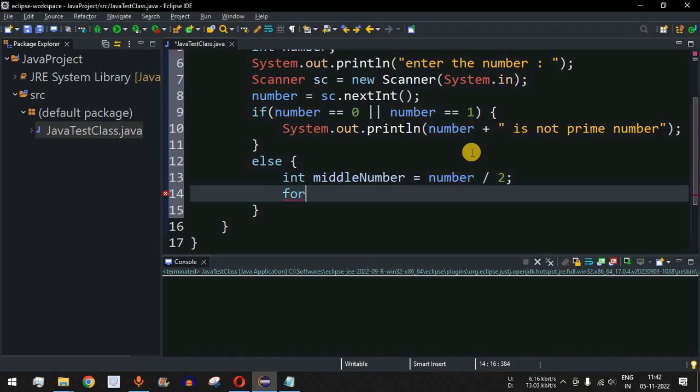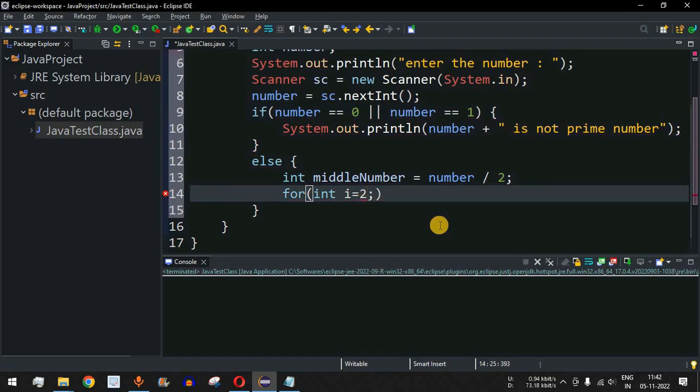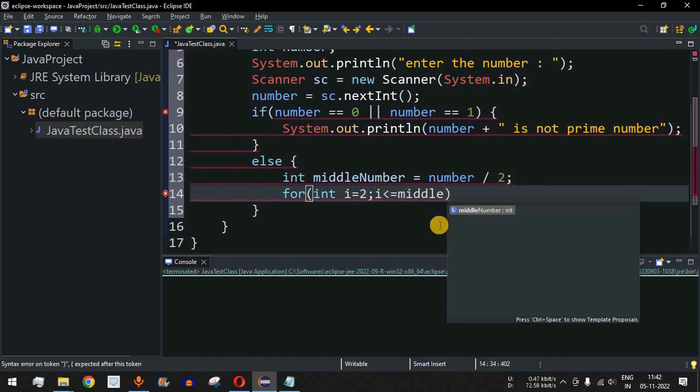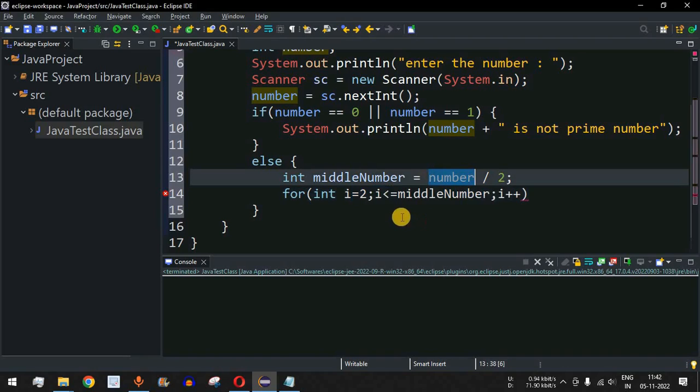Now we will use our for loop, and integer i goes from 2, because we are not using 0 or 1 in this case. We are starting from 2, and then we have a semicolon, we have i less than or equal to middleNumber, and then i plus plus. So guys, only these test cases we are going to check, that is i equal to 2 up to middle number, and we are going to check whether there is any number in between these numbers that will be able to divide this entered number,